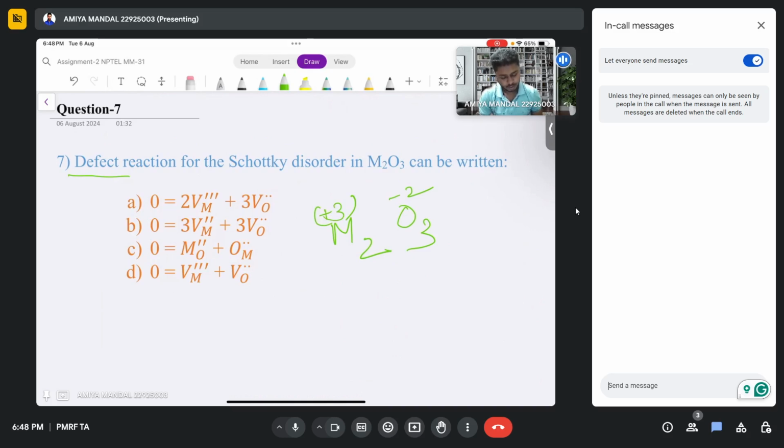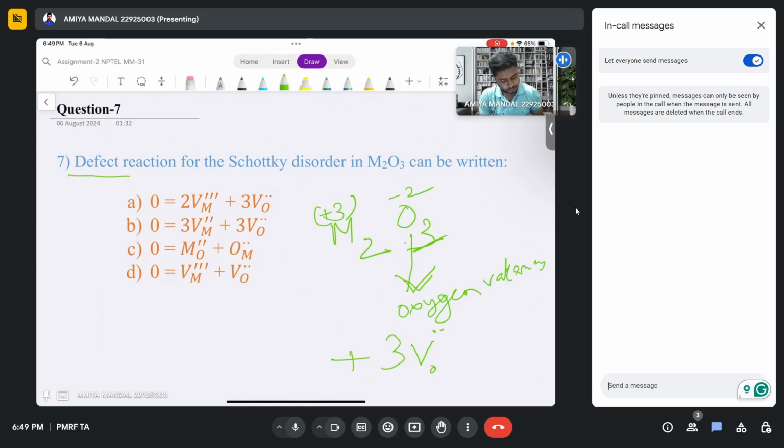If oxygen vacancy is created there, in the oxygen position, how many oxygen vacancies will be created? For 3 atoms, 3 will be created with 2 units positive charge,